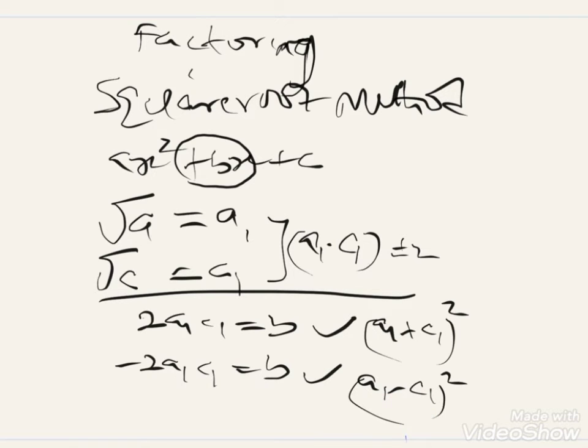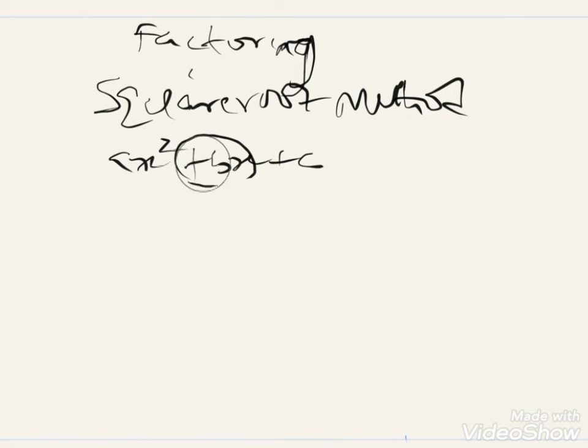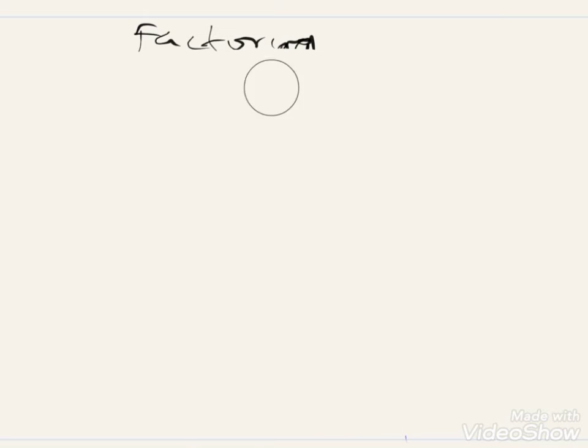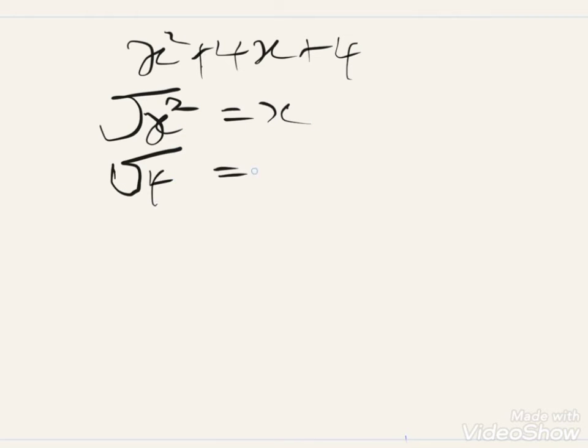Well, this may be confusing. Let me use numbers. Now let us have x squared plus 4x plus 4. By the square root method, we take the square root of the first term, which is x; that is, root x squared is x. The square root of the last term, root 4, is 2. Then let us multiply these two to have 2x. That is x times 2 is 2x. Then further multiply it by